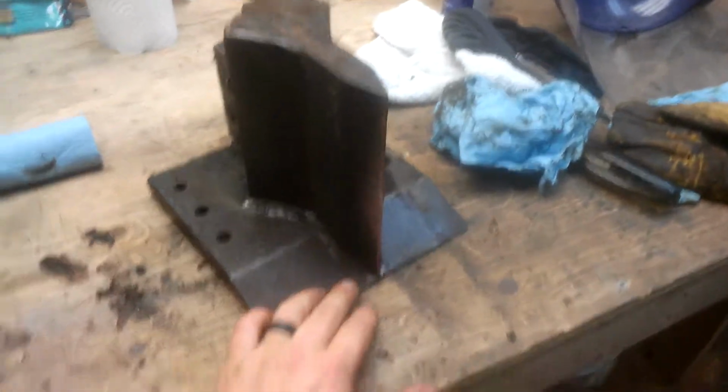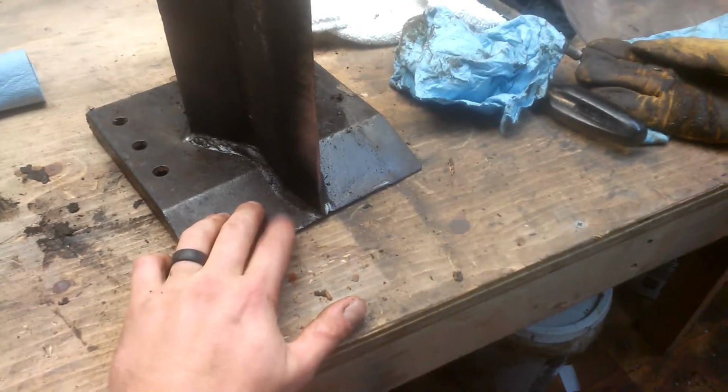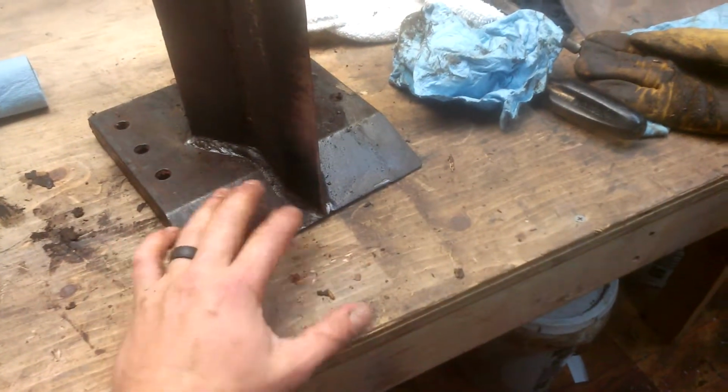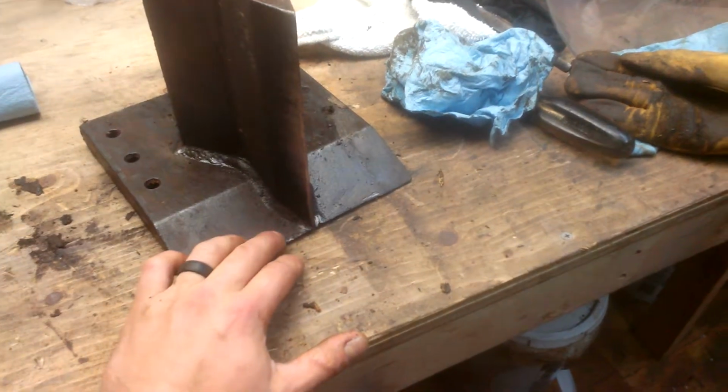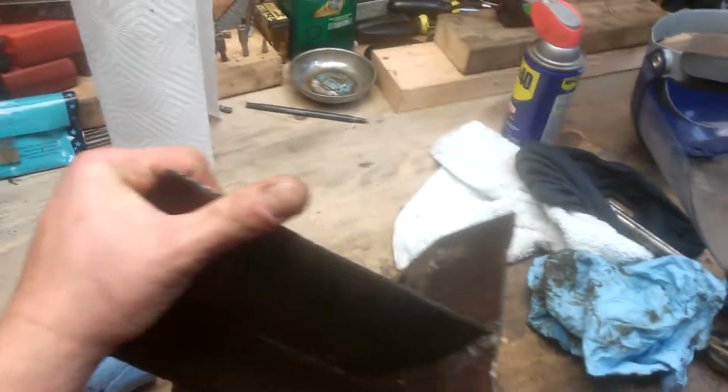And what I'm finding is, can you see how this is all worn? This edge right here. This isn't a super great design, guys. It works, but if given the time, I'd like to change it. For right now, I am going to fix the main issue, which is,